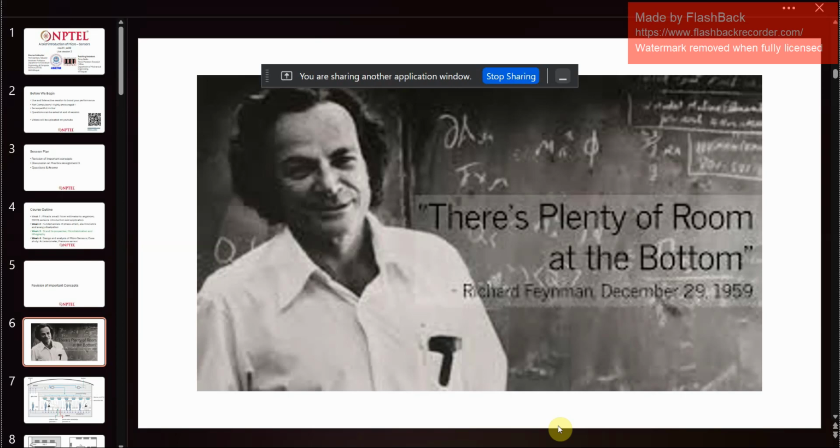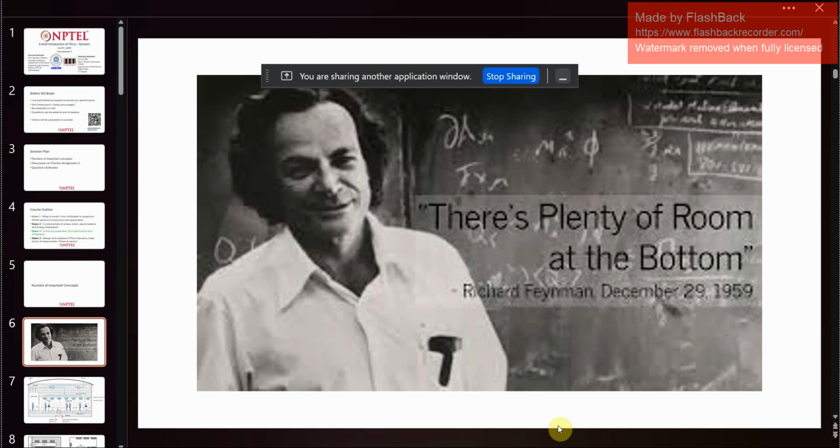So the person who is responsible for this revolution of miniaturization is the person you are watching on the screen. This is Professor Richard Feynman. He gave one of the lectures in 1959. This is a visionary person. Everything at that point of time would be big, and nobody would have thought of something that can shrink everything to a small size. So the first person to actually think of shrinking it down is Richard Feynman, in his lecture Plenty of Room at the Bottom. He is a Caltech professor and a Nobel laureate